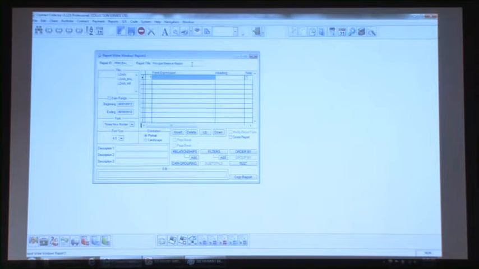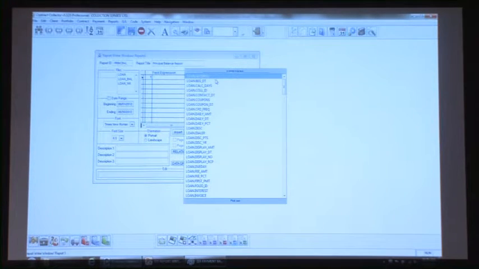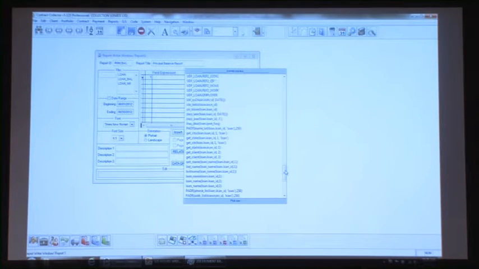And so this is going to be the list of the columns that are going to be appearing on the report that you're trying to create. And to help you out with the syntax for calling these fields from the database, you can press F2 and it will give you a list of all of the database fields that are in the files that you selected. You selected these three files, and so here's the complete list of all of the database fields that are in those three files, as well as some of the UDF files that you might want to tie in